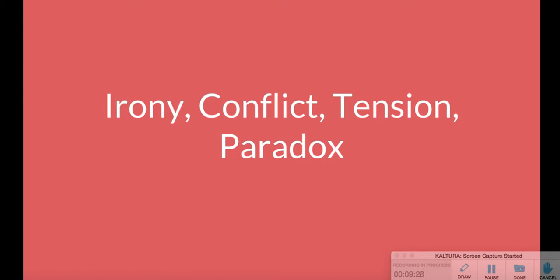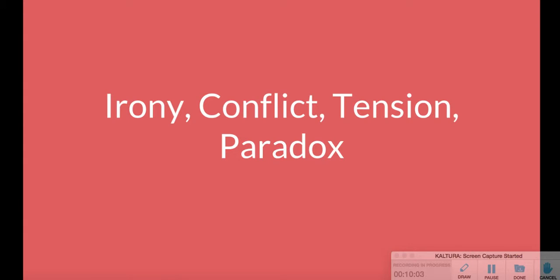You may remember that irony also deals in opposites. So when you have things opposing each other, like the opposite of what you expect to happen or saying the opposite of what you actually mean. For this reason, spotting ironies in a work can help you identify a paradox, undercurrent, or tension. Similarly, analyzing the conflict in a work and recognizing how its resolution works with or against other elements in the text can show you how paradox works in that work of literature.